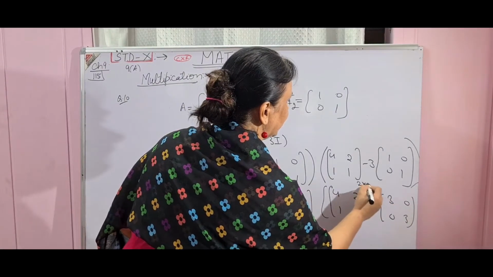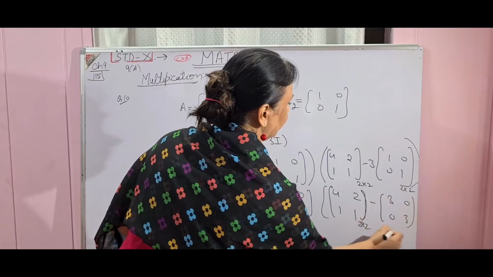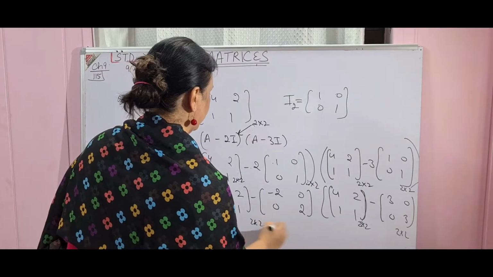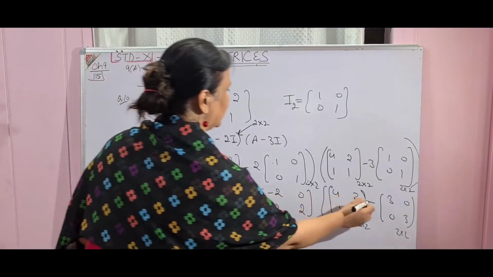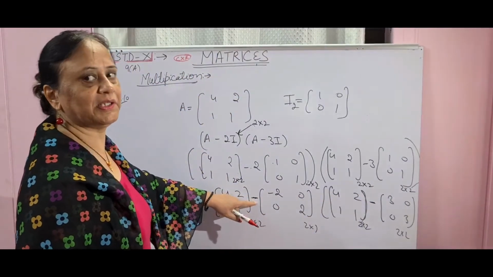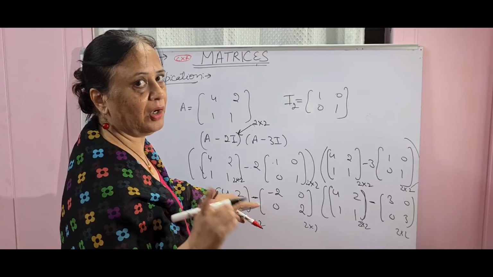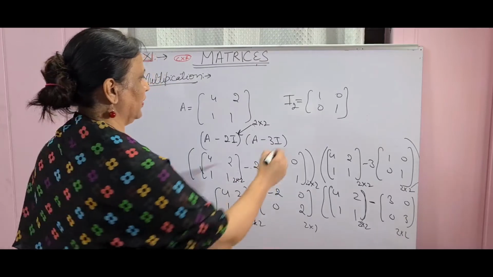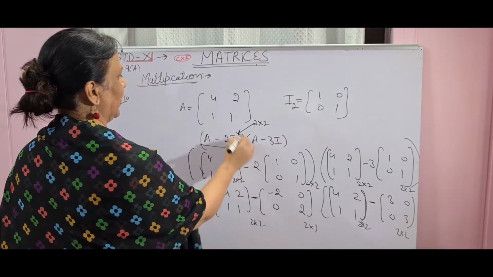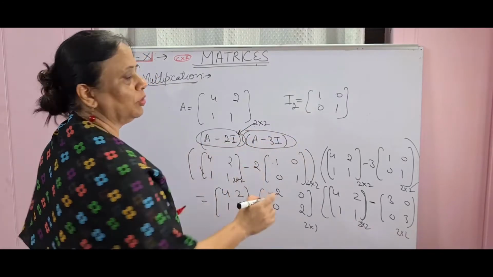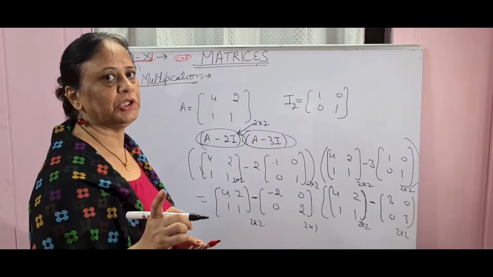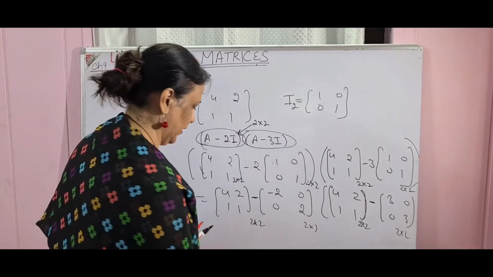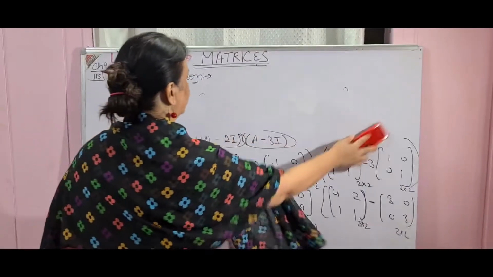And children, please don't forget to put the order. Then over here it is minus. So first rule will be subtraction is possible only if the order is same. First rule. Then second rule, multiplication, because in between you have to multiply. Nothing has been given that this bracket has to be multiplied by this. That means the rule of multiplication, that columns of first matrix should be equal to rows of second matrix. Then only your multiplication is possible. So this is one of the questions, a very important one, and you may get it in the exam.